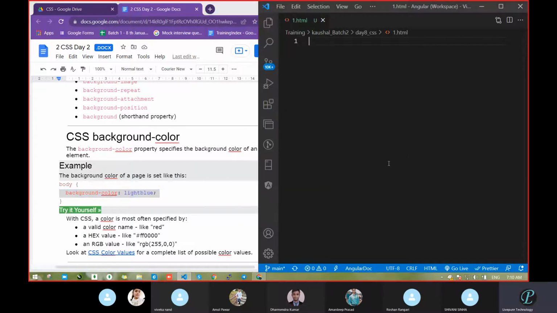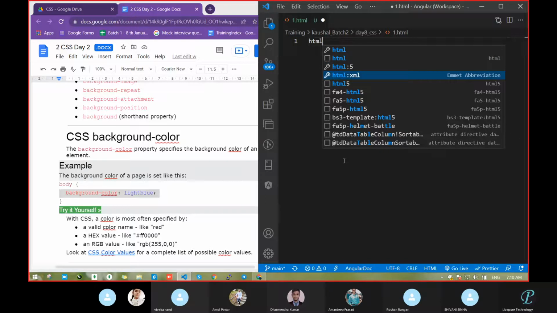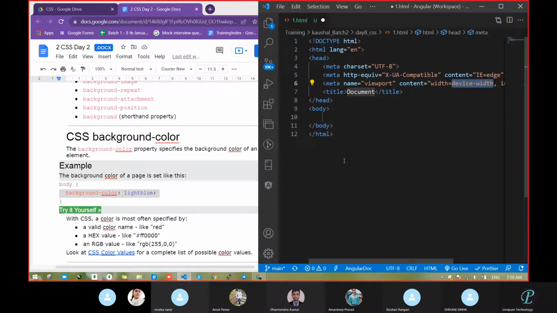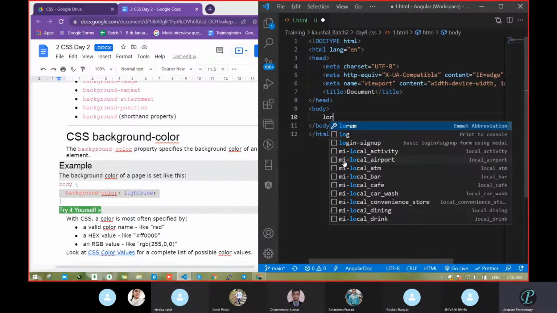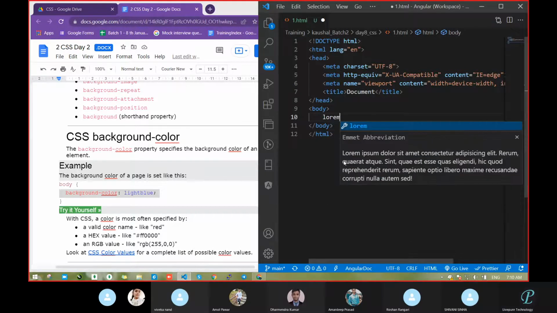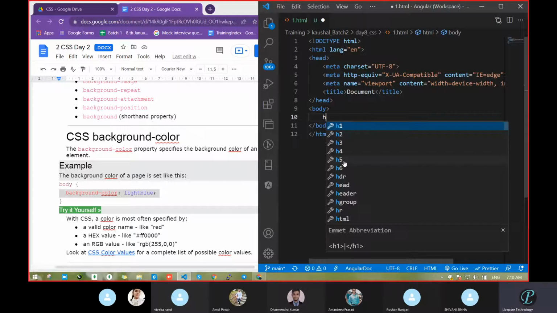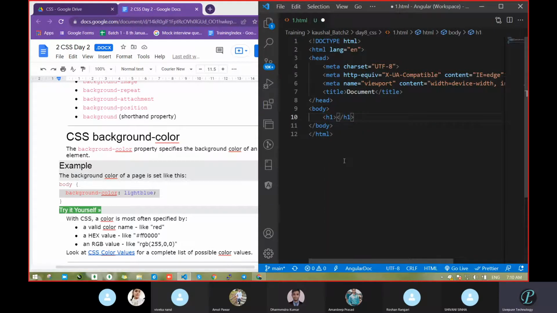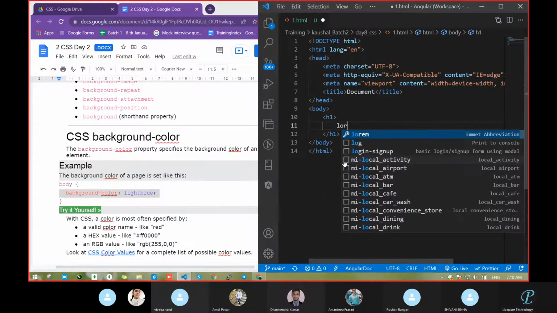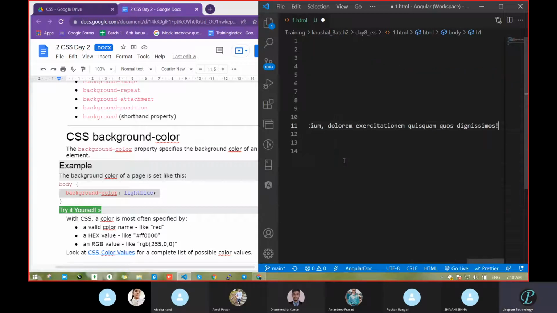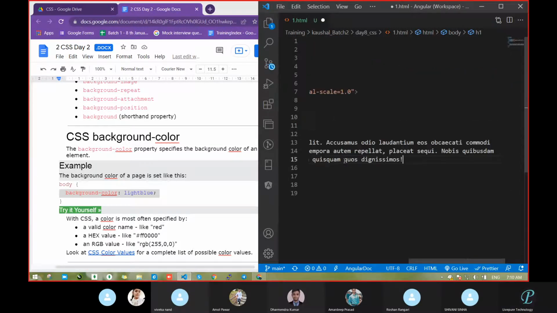So I will add some text here. Just wait. Okay, so we added some text.